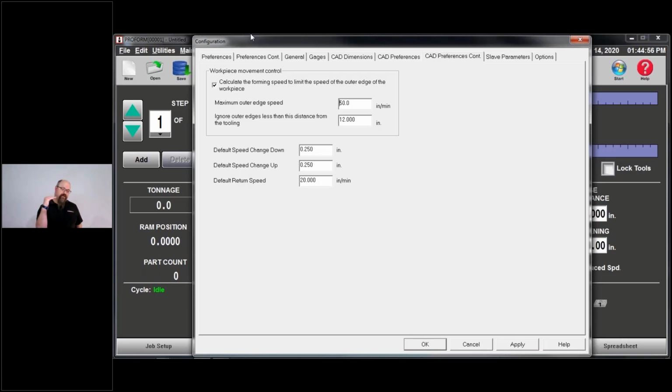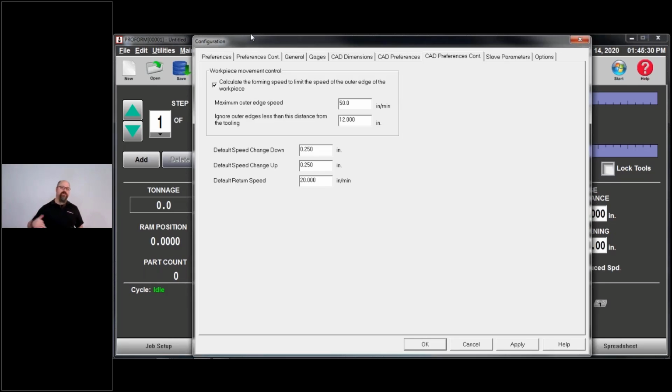I have speed change. I have my downstop, which again is in the software. The downstop is happening at 3/8 inch. The speed change is happening at 1/4. So for 1/8 inch, I've got an operator who's used to just running from the downstop. He's having to fight that 1/8 inch difference. So the light guard is active, but the speed is already changed to forming speed, which again is supposed to be safe. So what I want to do is make sure I change that back to 1/4 inch any chance I get.